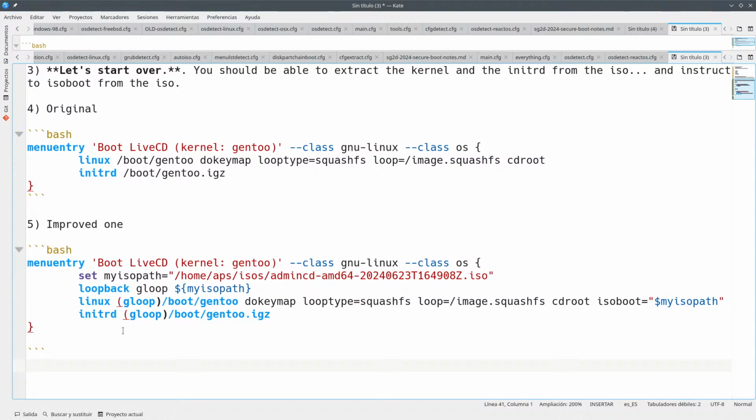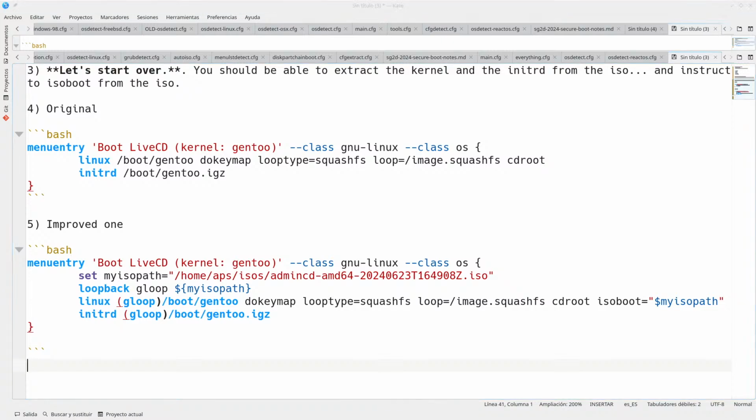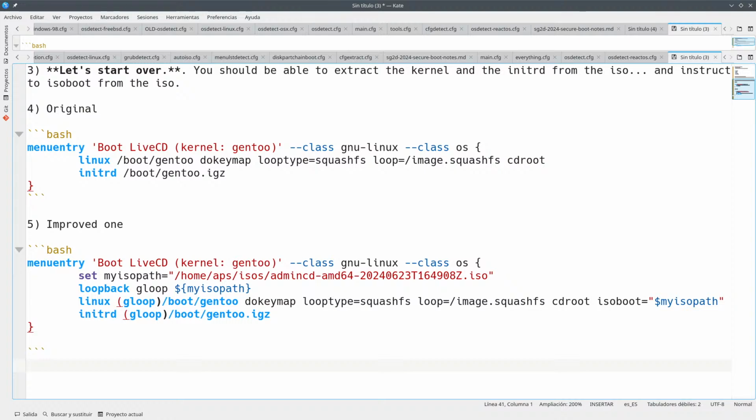So if you had the loopback.cfg, you could be able to load this from ReactOS. Sorry, from Super Grub2 Disk. So Super Grub2 Disk.